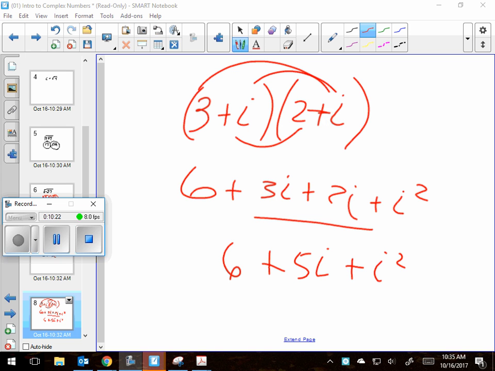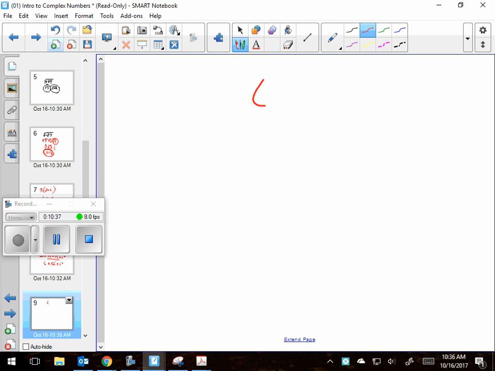Okay, good. Now, here's the thing that you probably didn't know. That i squared is going to be i times i. And that means, here, I'm going to break it down for you. i squared is really i times i. I think we'd all agree with that, right? And next, isn't i really the square root of -1 times the square root of -1?